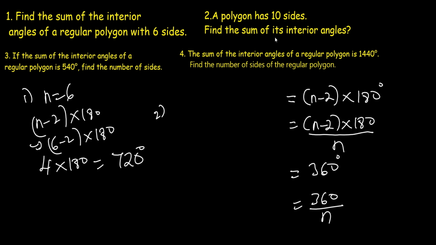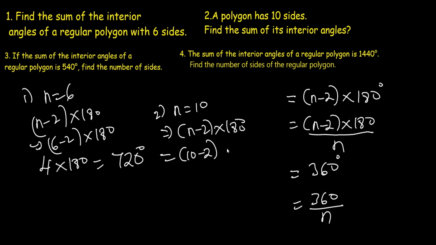The second one says that a polygon has 10 sides. Find the sum of its interior angles. So the number of sides is 10, and as you know, the sum of the interior angles is equal to n minus 2 times 180 degrees. Now I substitute the 10 for n. 10 minus 2 is 8, so we're going to have 8 times 180, which is going to give us